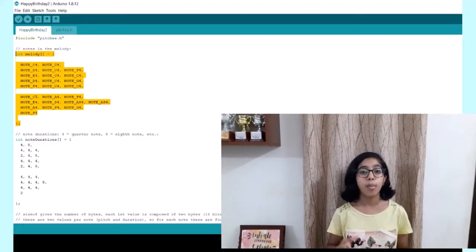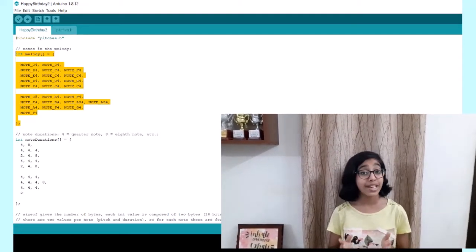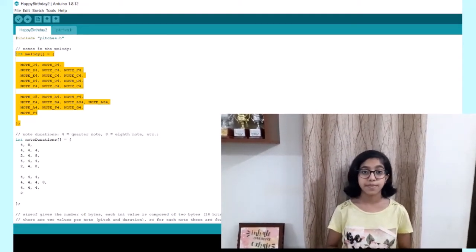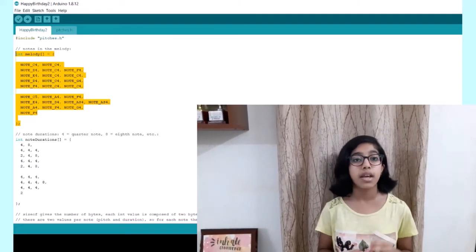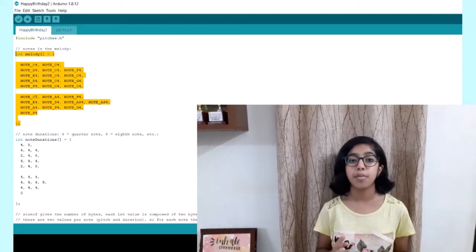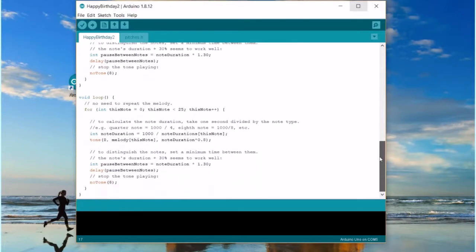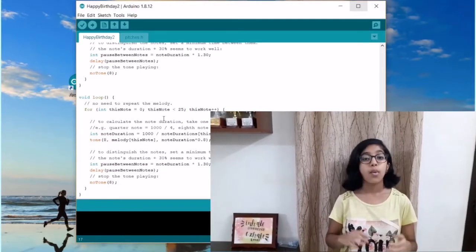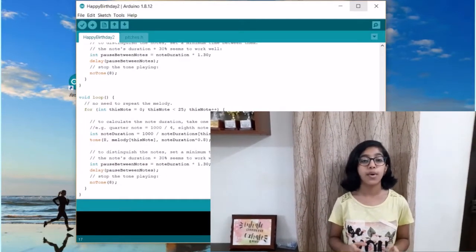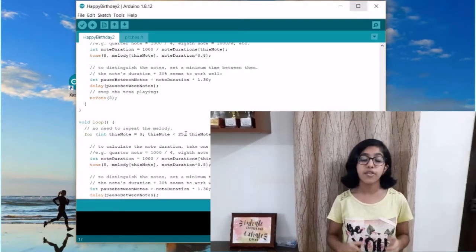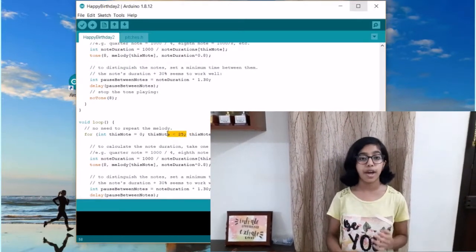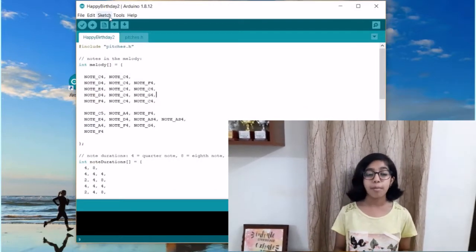So as we have seen, if we store musical notes in an array, we will be able to play any melodious song. Now let us try one more program where I am using 25 notes to play a song. Now I have updated my musical array with 25 musical notes. One more change that we have to do in the program is to increase the for loop end limit to 25. Now our program is ready.